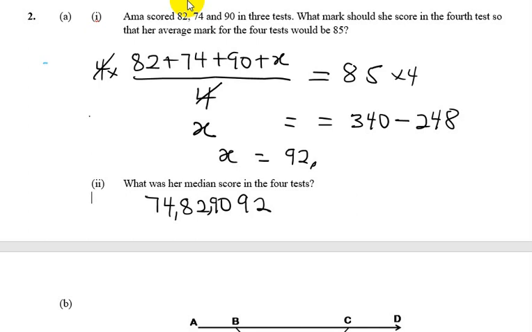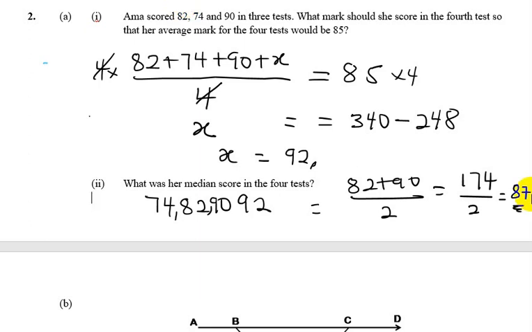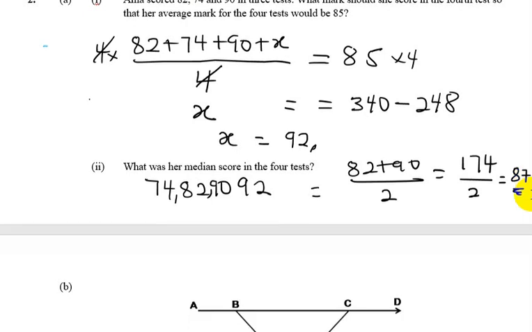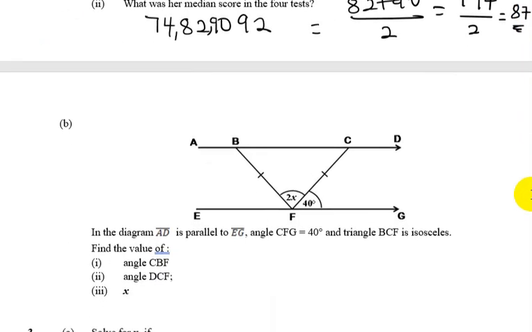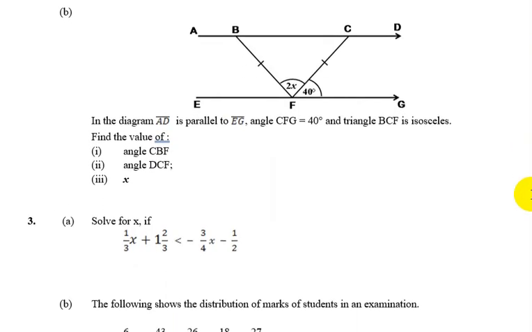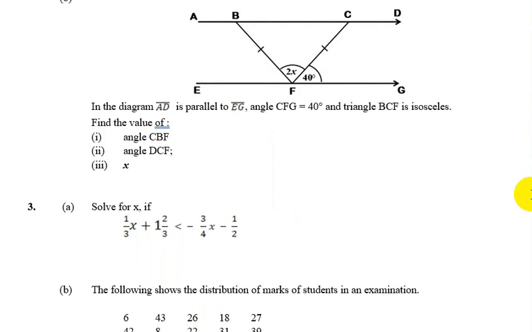82 and 90. So what we're going to do is we will take the 82, then we add it to 90, divided by two numbers that are added. So we'll get 174 divided by 2. So the median score is 87. That is so simple like that. Now, the B part of question 2, we have a diagram and we are told to